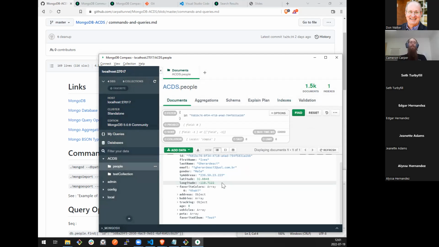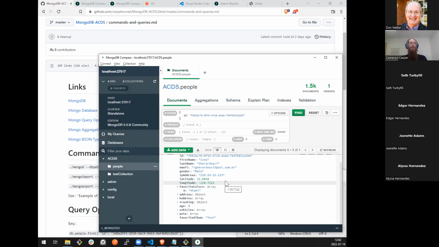However, this is not in a format that Mongo can natively support. We can't tell it to do a geo index where latitude is stored in this field and longitude is stored in that other field. It's just limitations of the software. We need to put it in a format where we have something like a coordinates field that contains both the latitude and longitude in an array.